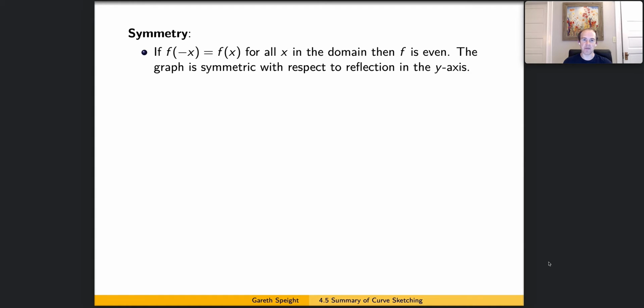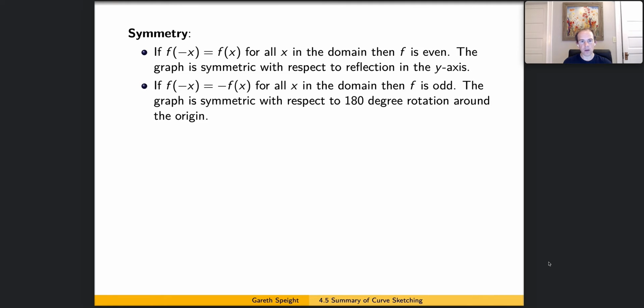So f of minus x equals f of x, that's saying the graph is the same for positive x and for negative x. So it's saying if we look at the graph for x bigger than 0 and the graph for x less than 0, it's going to be the same on either side. Or a nicer way of saying this is the graph is symmetric if we reflect in the y-axis. So if we manage to draw the graph for x bigger than 0, then we can fill in the graph for x less than 0 just by doing a reflection and copying what was happening on the other